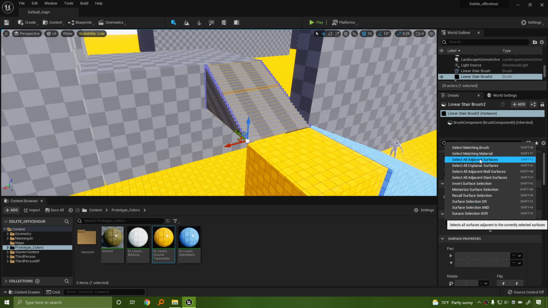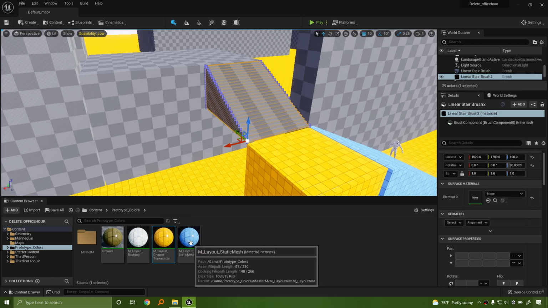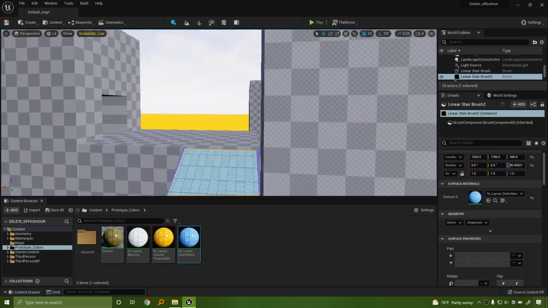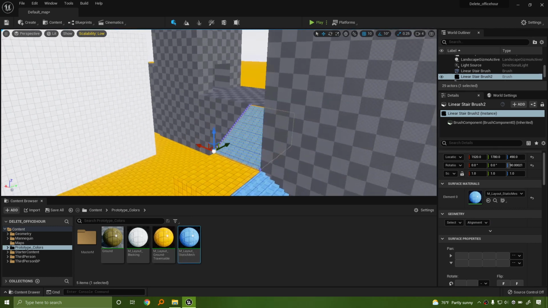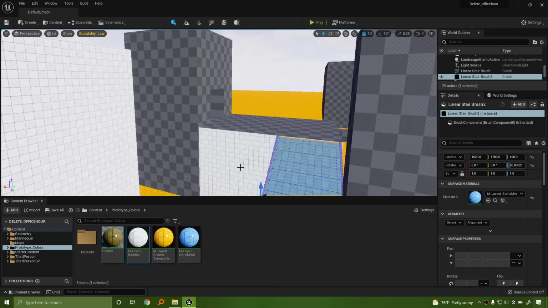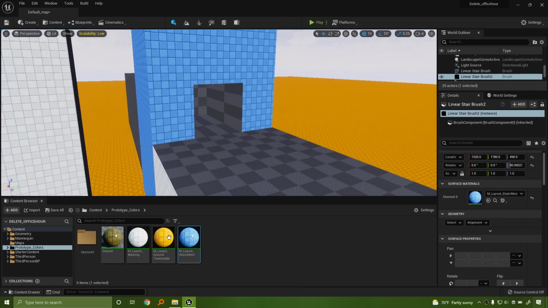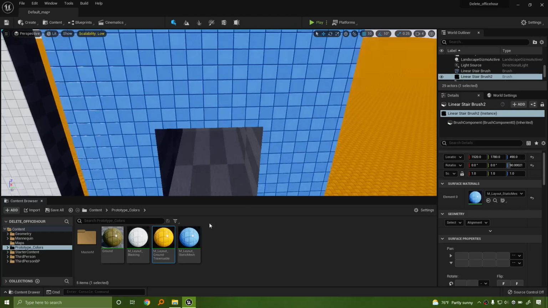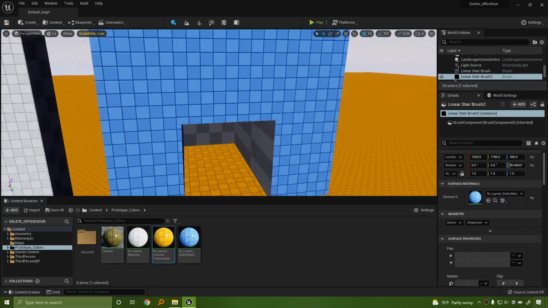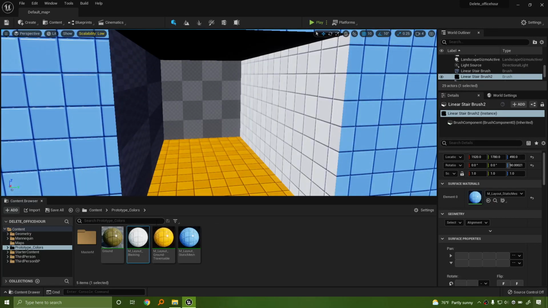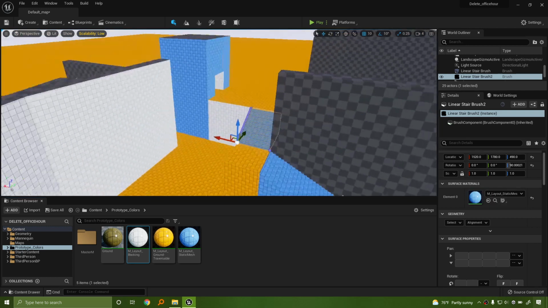Select all adjacent surfaces. Cool. Orange is usually what I use to designate where players can go, and white designates things like boundary boxes for me.